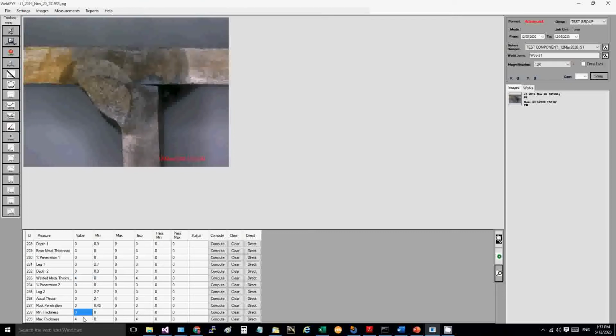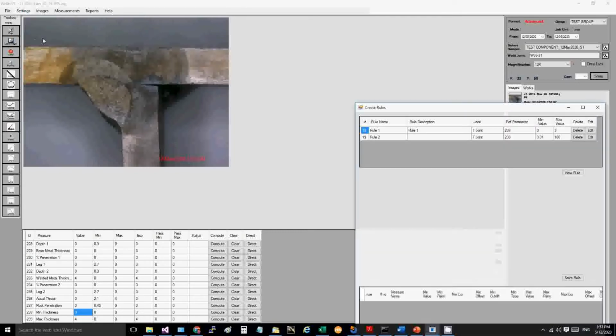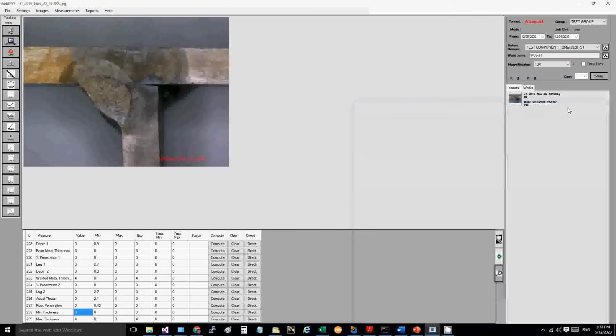Your main thickness and mag thickness, as per the formula you have set in the joint type definition, are populated. Now we have set two rules for this joint. If you remember, 0 to 3 mm is rule 1. If it is greater than 3 mm, rule 2. Since the minimum sheet thickness falls under 0 to 3 mm, rule 1 is selected. So your cutoff is 10%, 90%.